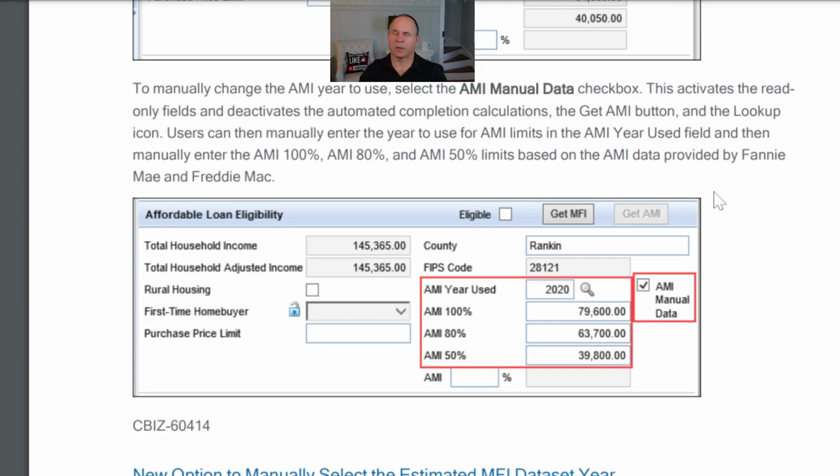And recently I helped a client deliver AMI boundaries. We're automating the AMI in specific counties that they lend. This happens to be a bank. We're automating the AMI into specific counties to either show 100 or 120 in this AMI field, and then writing workflow rules and milestone rules and FDE rules and persona access to fields rules, making sure that we've got everything in line between the secondary and the rest of the company, so that if a loan is a purchase first-time home buyer and there are LLPA waivers on it, and that income exceeds the AMI during the workflow, the loan stops until secondary updates the pricing accordingly, sends out the COCs, that kind of thing.